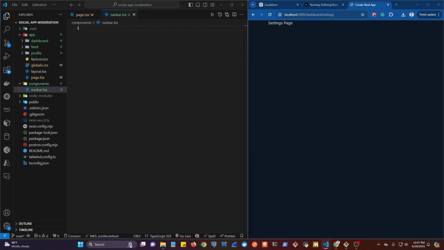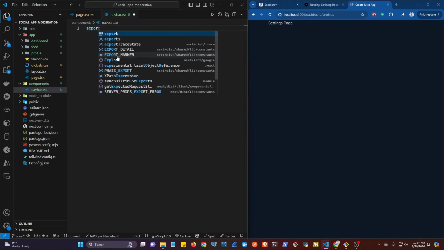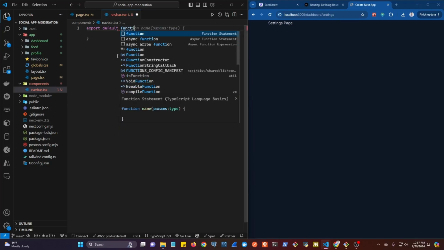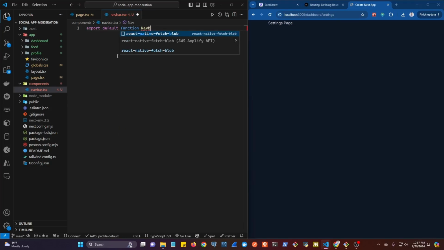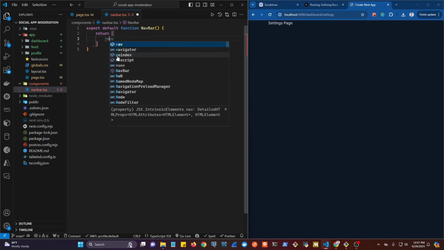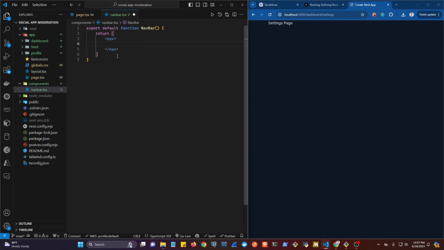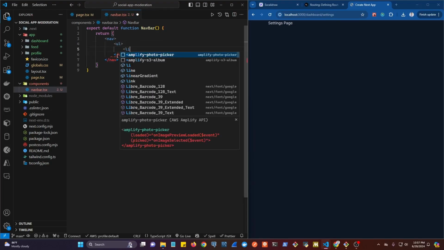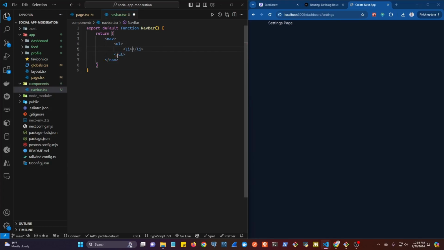And here we're going to start working on our navbar. We are going to create just a simple navbar for now. Later on, we can also expand on this if we want. So here, let's do export default function navbar. And then we're going to return a nav element, and here we're going to do a UL. Inside of the UL, we're going to do an li, and inside of the li we're going to use the link